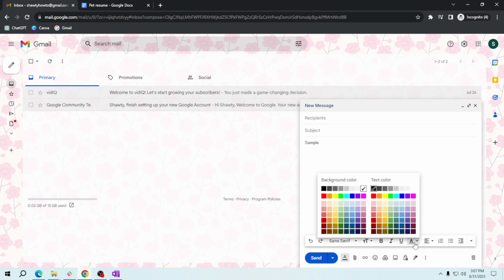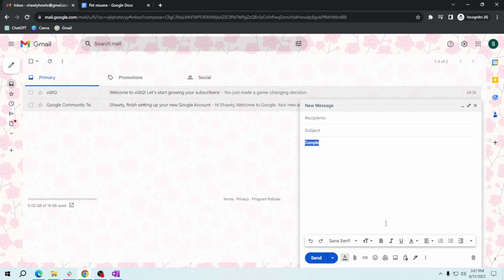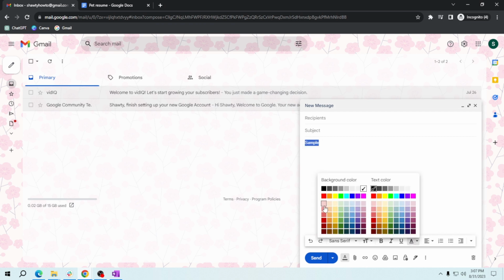You'll see a palette of colors here. Click on any color you want to use for your text. Like this, I want pink, something like that. Oh, you need to highlight first and then choose a color,